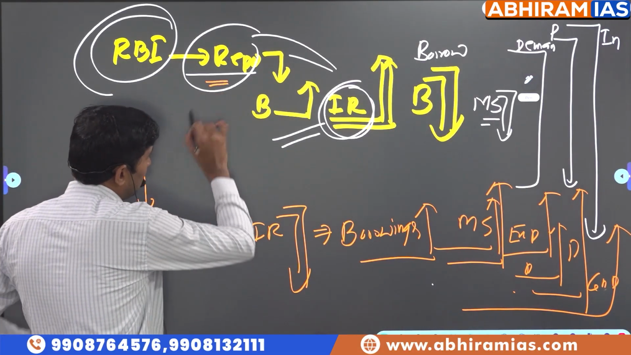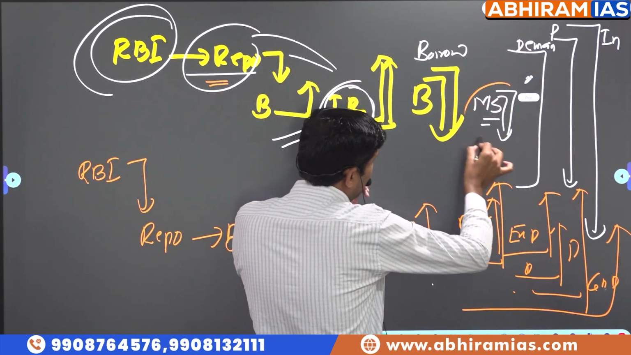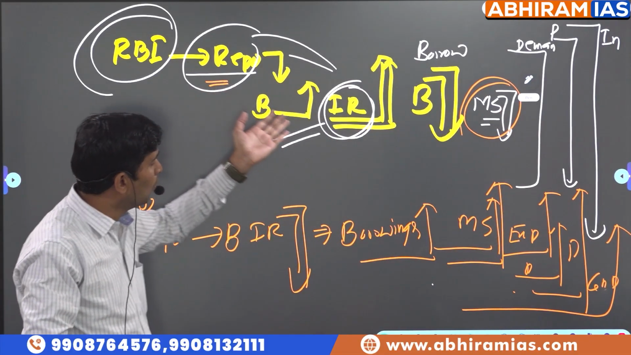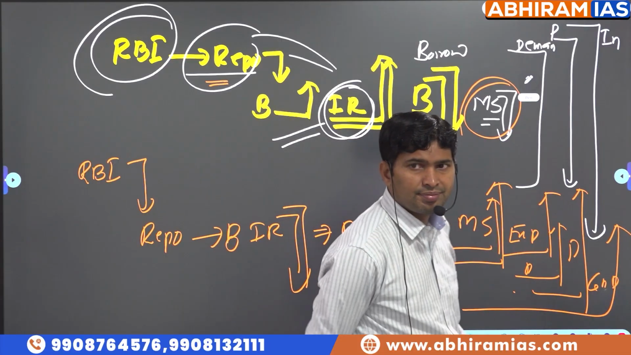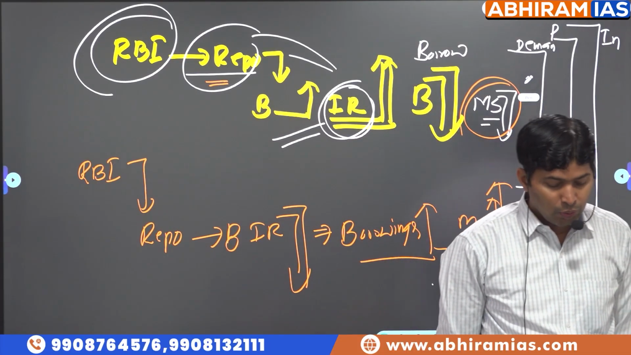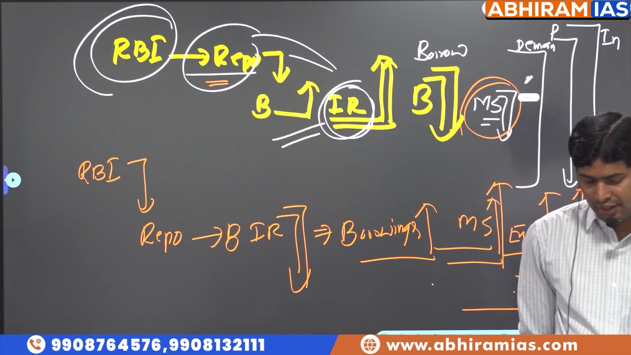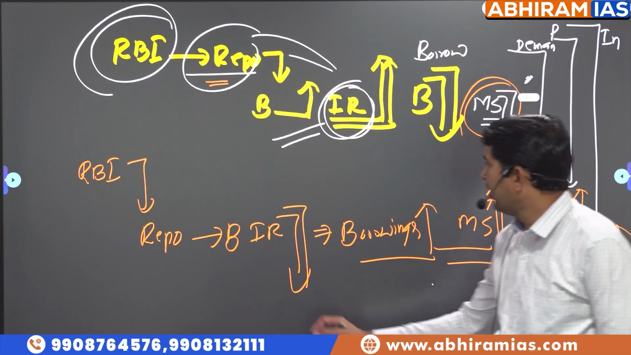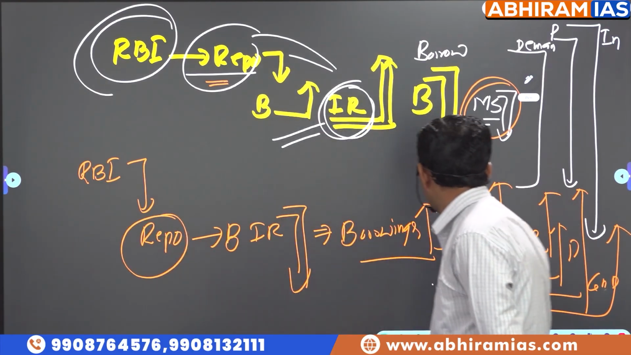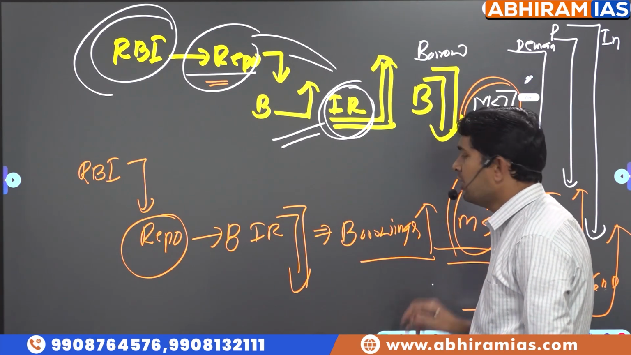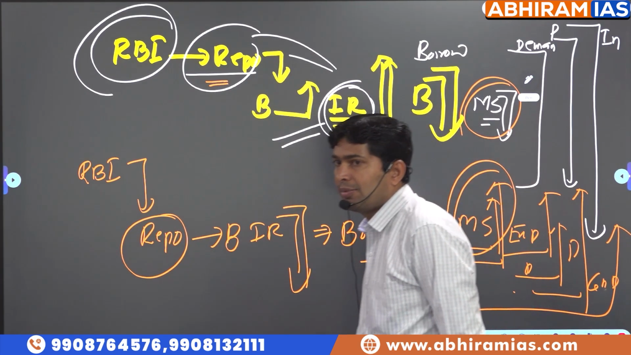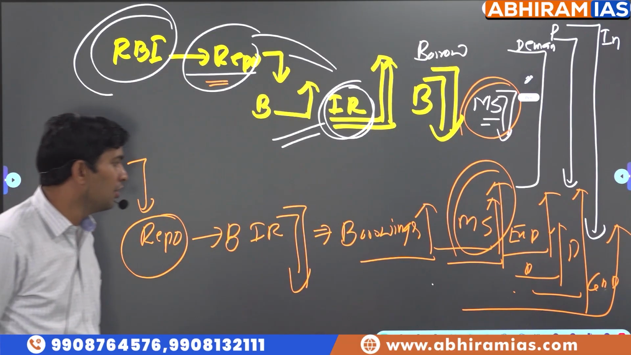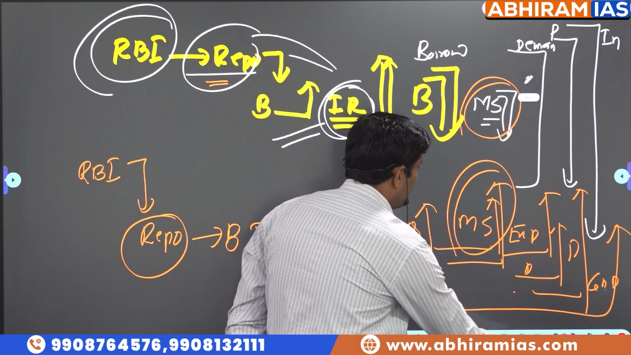If RBI increases repo rate, what is happening to money supply? Reduces, because in the market, people who are borrowing have decreased. When RBI reduced repo rate, what happened to money supply? So what is the relationship between repo rate and money supply? Inversely proportional. If you have just understood this logic, so in this table,